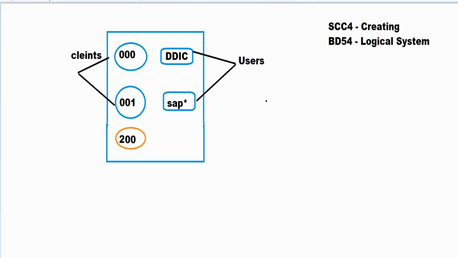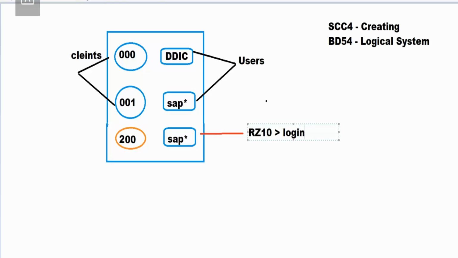I'm logging in with SAP Star in the newly created client. In RZ10, the parameter is